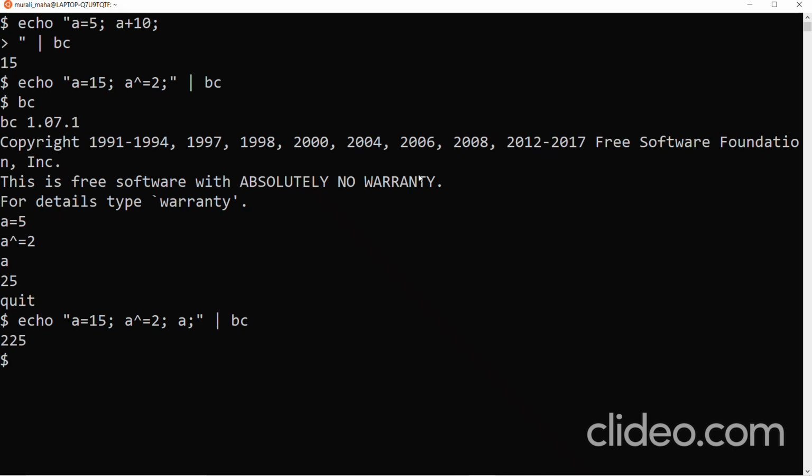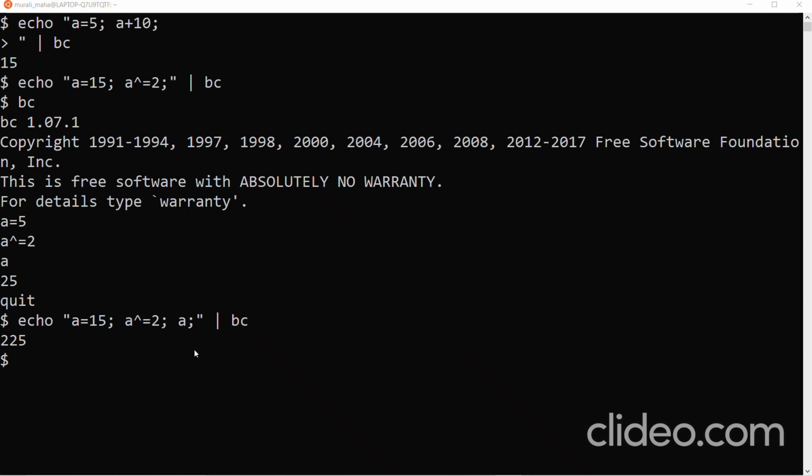It should be 225, right? So if you are giving a caret equal to 2, then it just performs the calculation. But I want to display a also, so I need to specify a semicolon. So that will display the value of a.